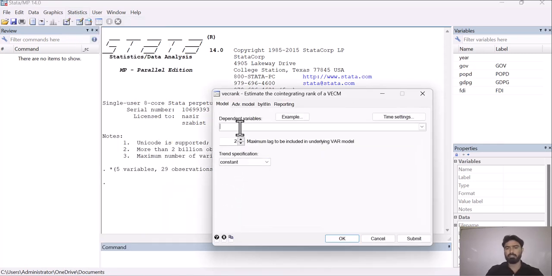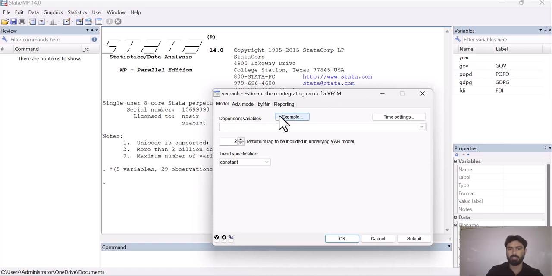Here you have to select your variables. As we have 4 variables in our model, but let's say we are interested to check the relationship of only 2 variables, so I am going to select only 2 variables. But keep in mind that if you select any variable first, that variable will become your dependent variable.